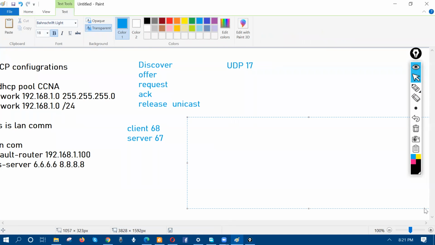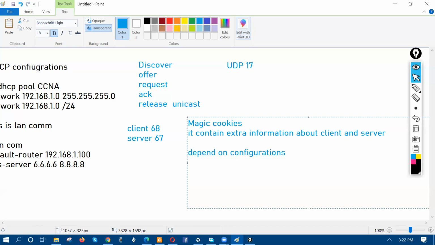What is the use of magic cookies? What is magic cookies? It contains extra information about the client and server. It depends on the configuration, right? Depending on the configuration, your cookies will change, right? Change. For example,